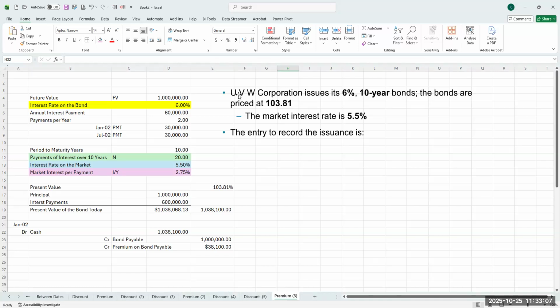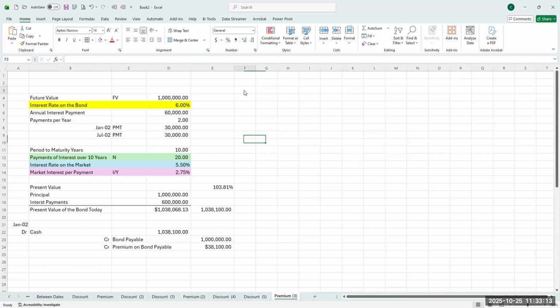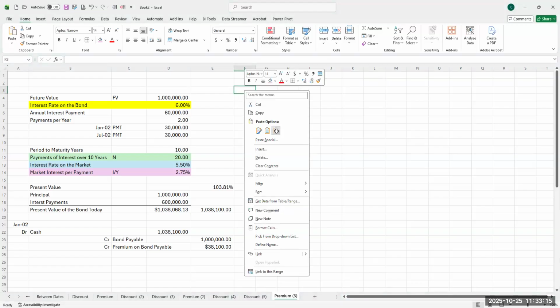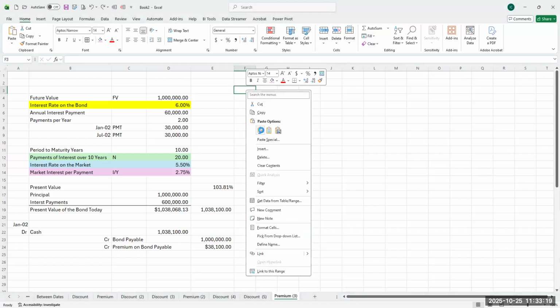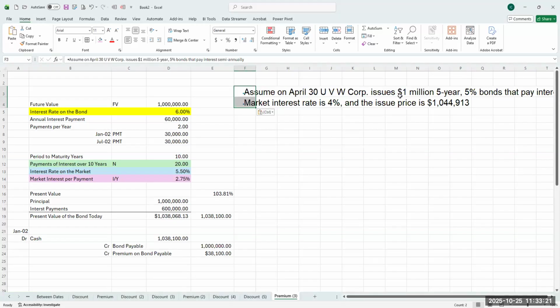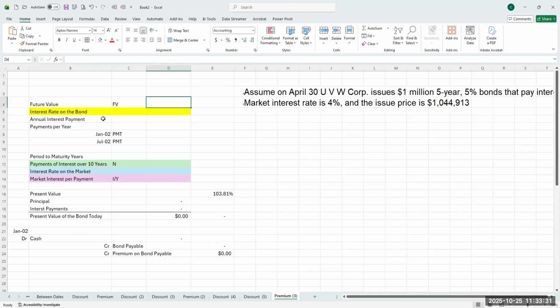So the premium here, let's delete this one. That doesn't make sense. Put it this way. So assume the company again issues $1 million, 5% bonds. So if I have to delete everything, let's go with the 1 million,